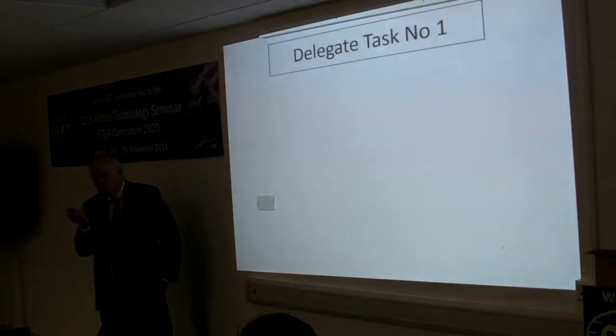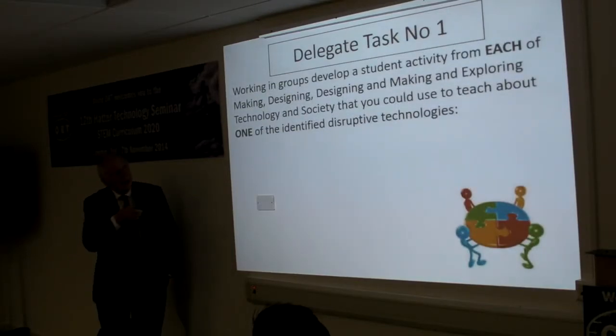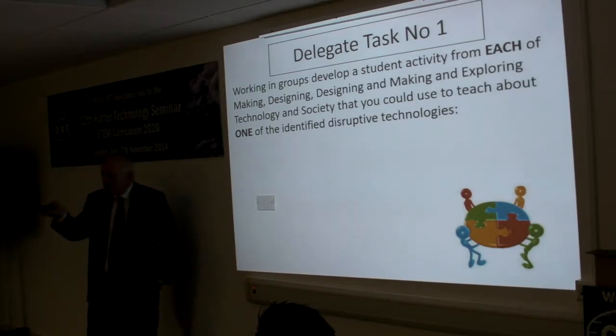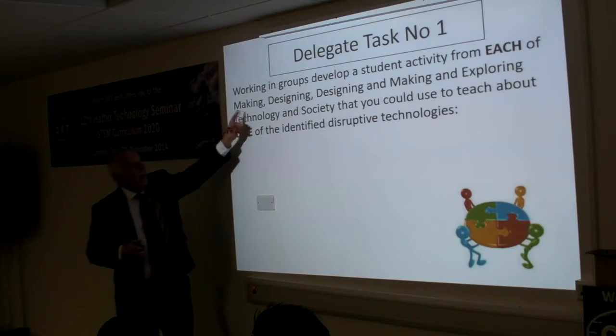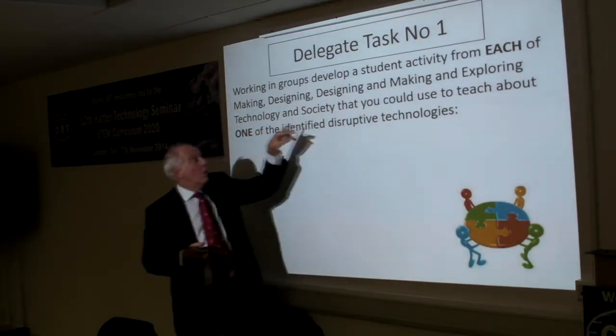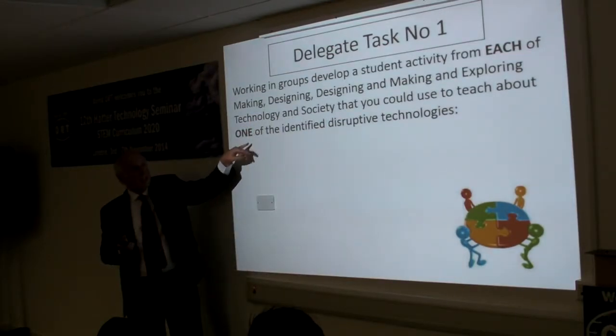So your task to start off with, working in groups, is to think about a student activity, which could be a group activity, not just a single student.